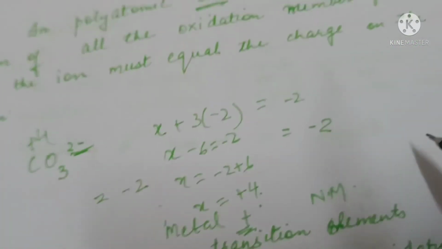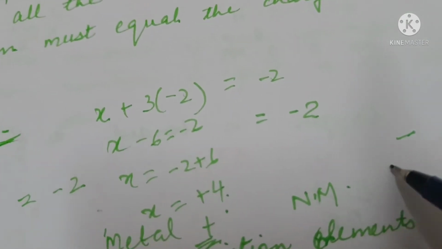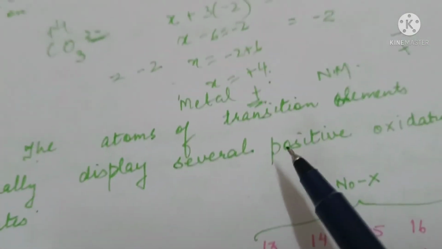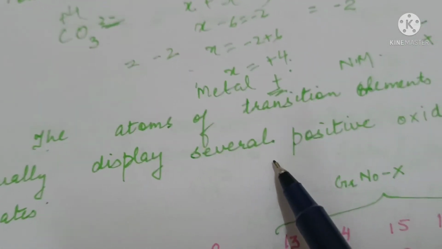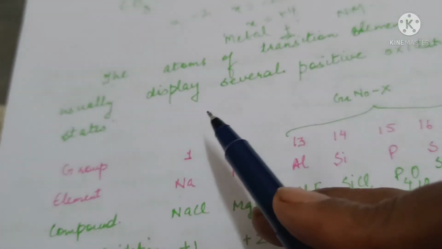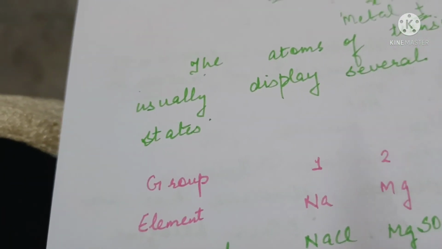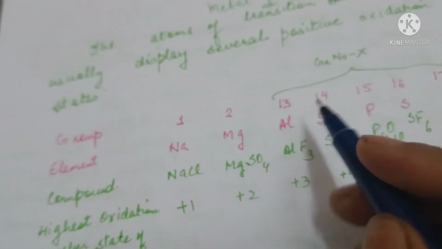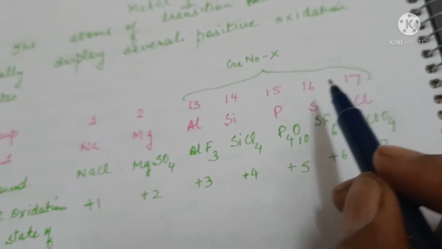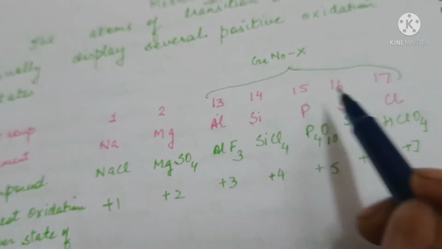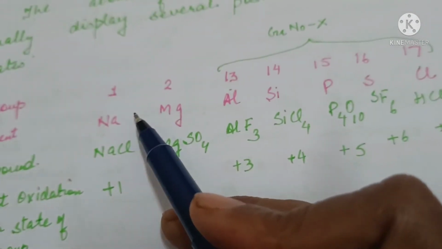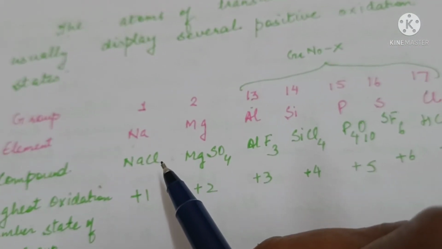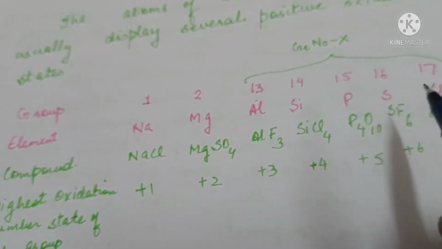Non-metals can have negative oxidation states as well as positive oxidation states, and the transition elements can display several positive oxidation states. If we move across a period, for example, the third period, for the representative elements, which are groups 1 and 2 and groups 13 to 17,